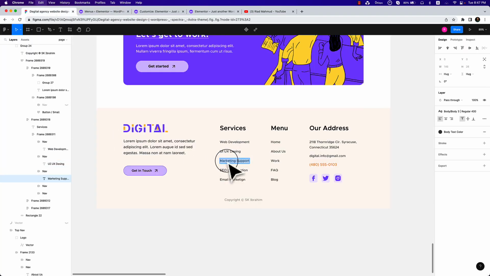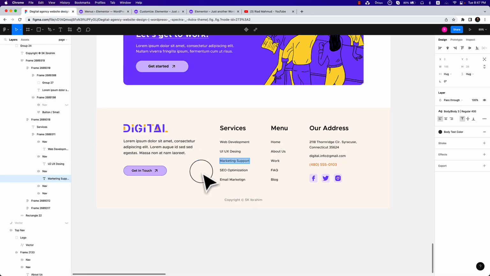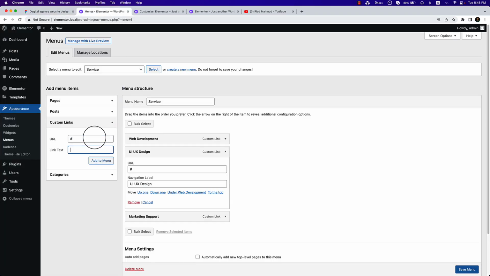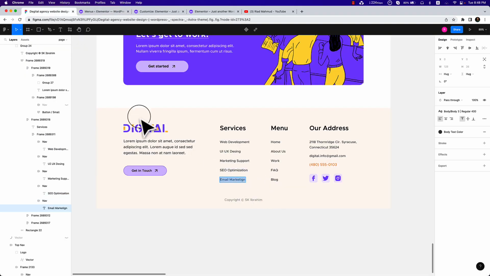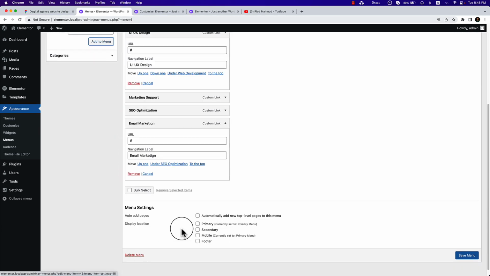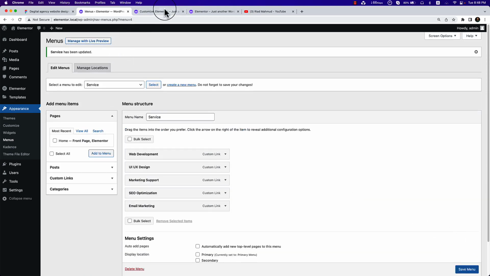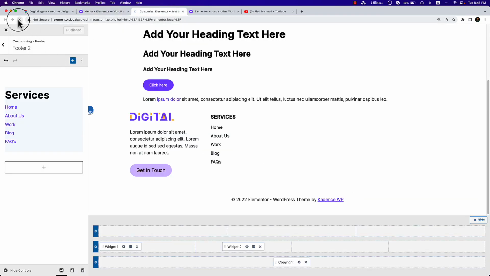Then marketing support, click add to menu, SEO optimization, click add to menu here, and email marketing. So here is another spelling mistake. That's it. Click save menu, and if I go to customize, reload the customizer settings here,